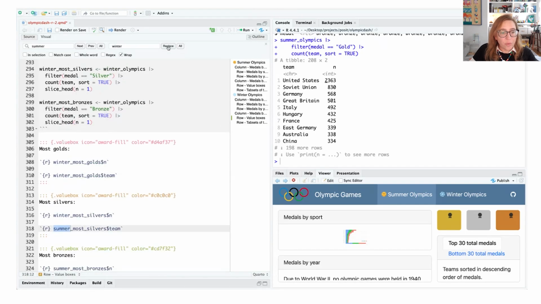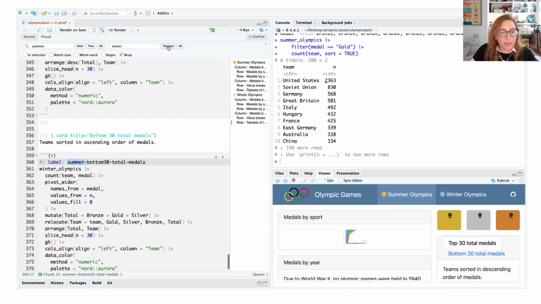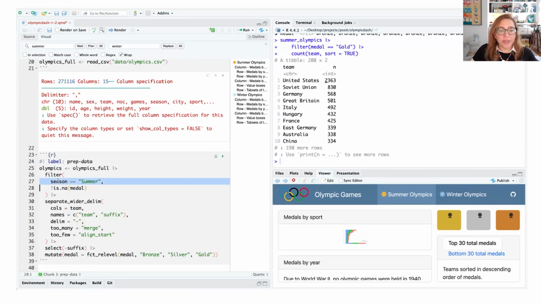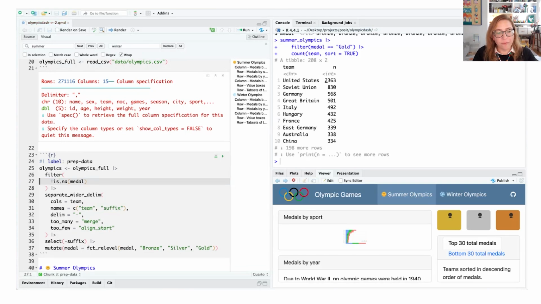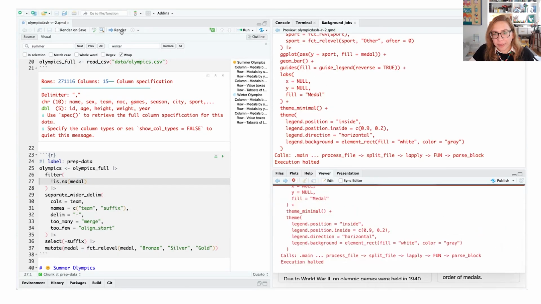And also where we're referring to them in our value boxes, as well as in these code cell labels as well. And we're going to remove this filter for Summer Olympics only from our step 1 for the preparation of our data, so that we get both the Winter and Summer Olympics.